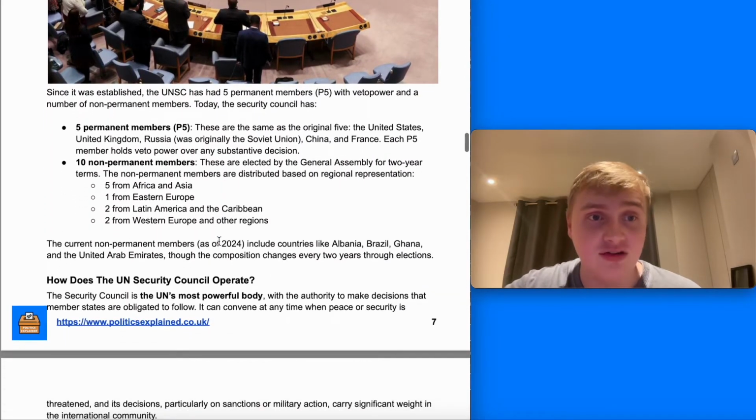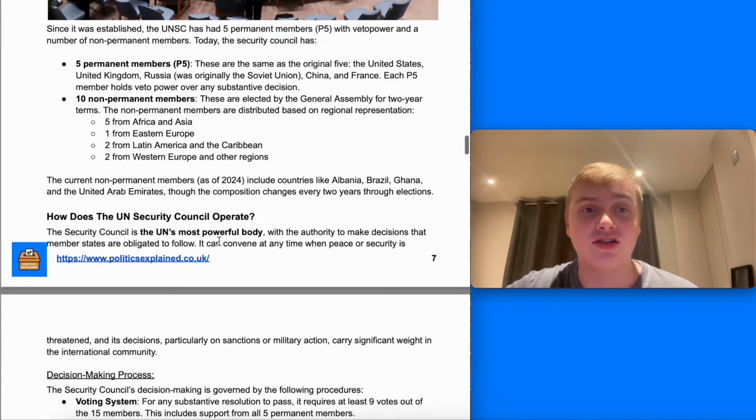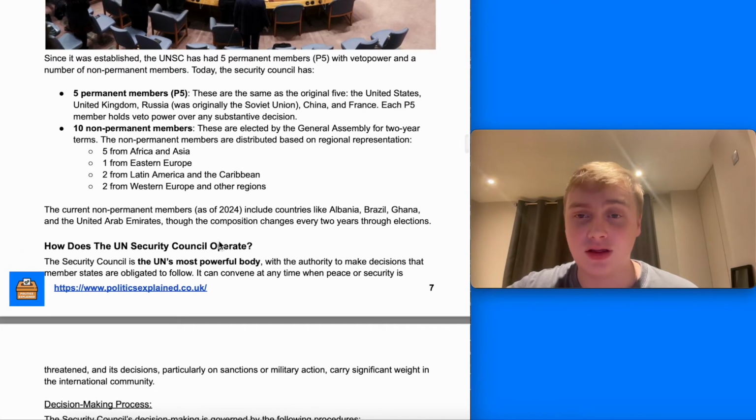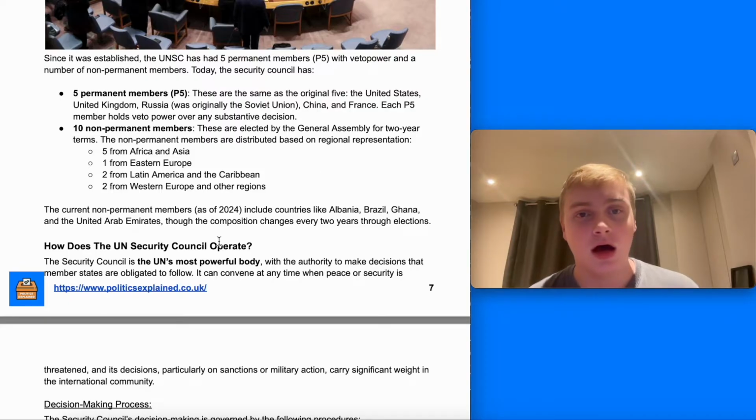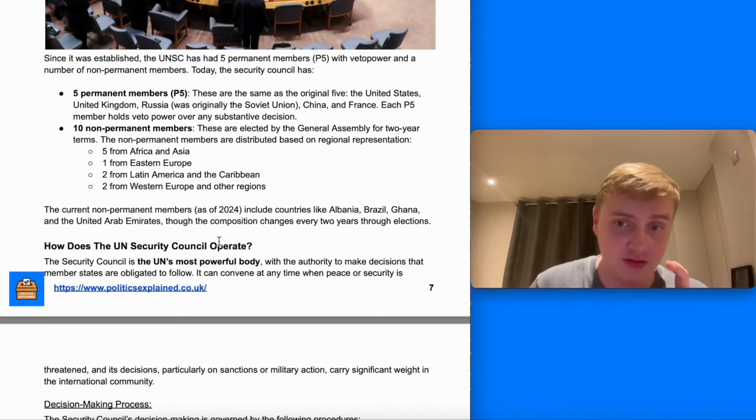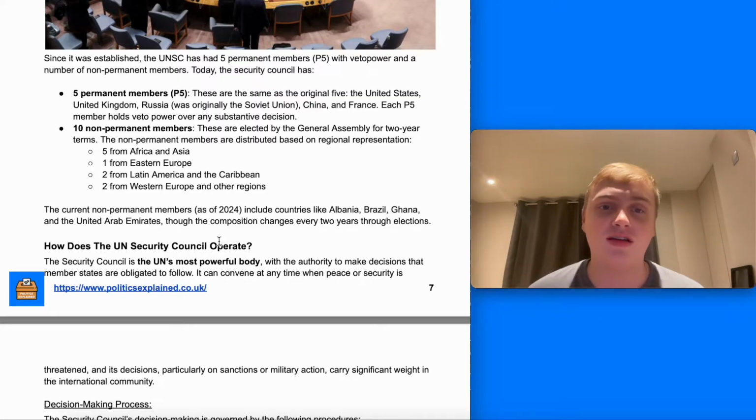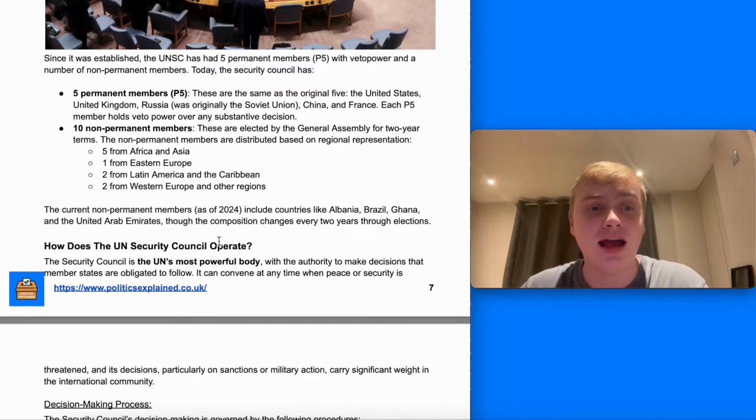In terms of its membership, since the UN was established, it's had 5 permanent members, that's what we call the P5, with a veto power, and a number of non-permanent members. So today the Security Council has those 5 permanent members who have remained exactly the same. So the United States, United Kingdom, Russia, which is originally the Soviet Union, China, which actually switched in 1971 from the Republic of China, Taiwan, to the People's Republic of China, which is what we understand as China today,